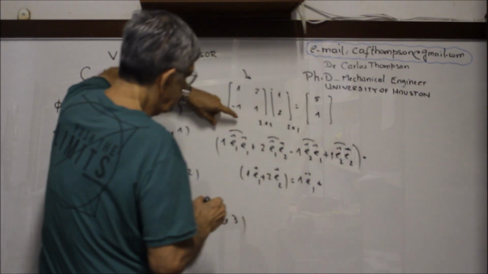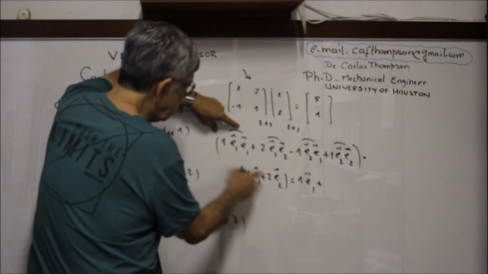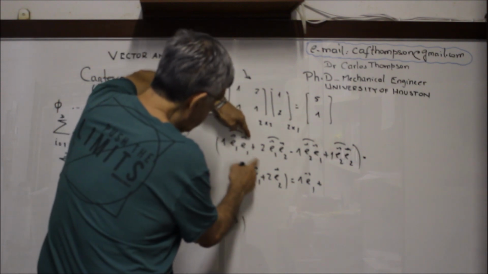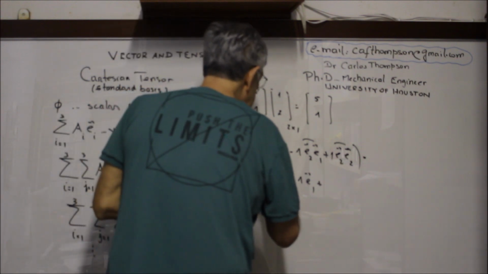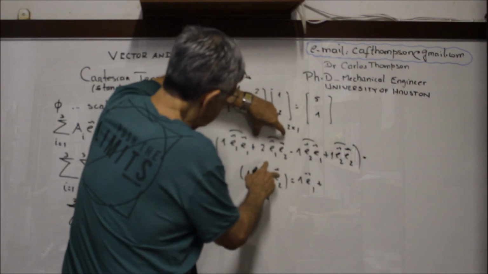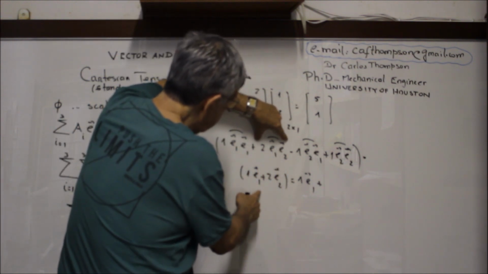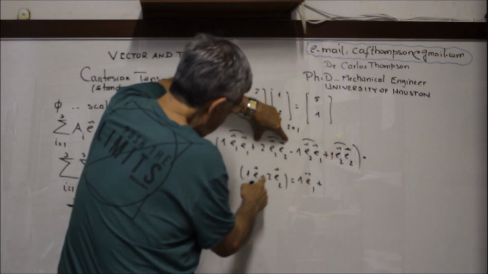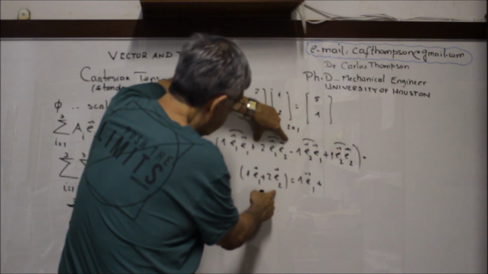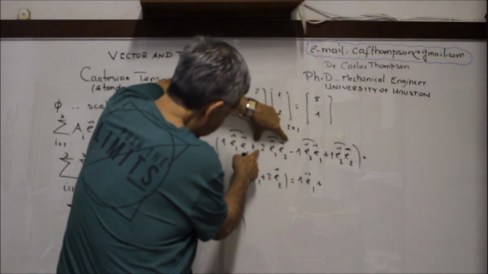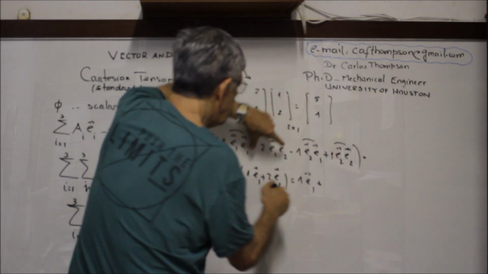Plus this term here dot this term will be 0 because E1 dot E2 will be 0. Now let's see this term over here. This term dot this term, E2 dot E1 will be 0, so E2 dot E2 will be 1. So here will be 2 times 2, which is 4